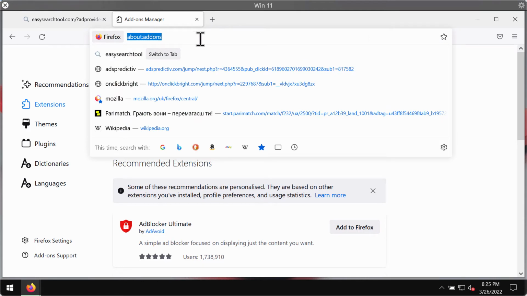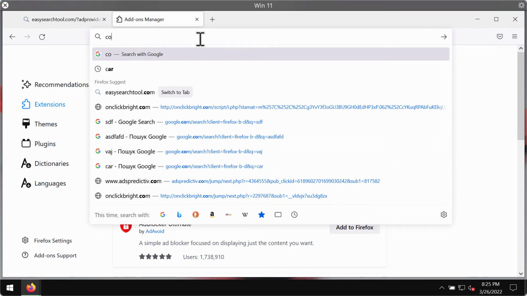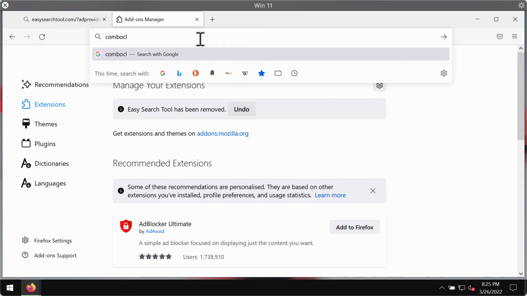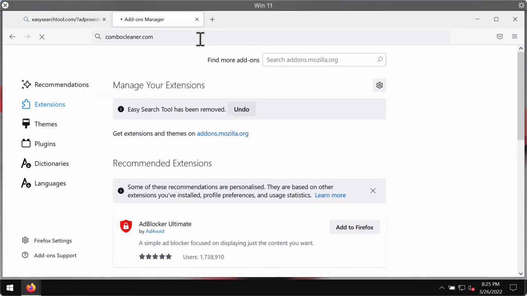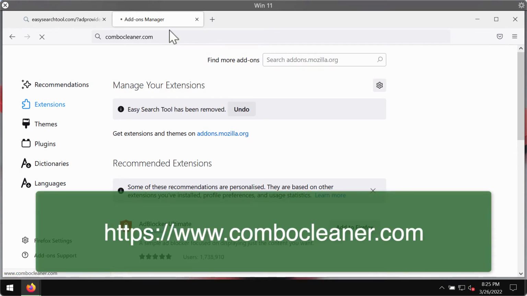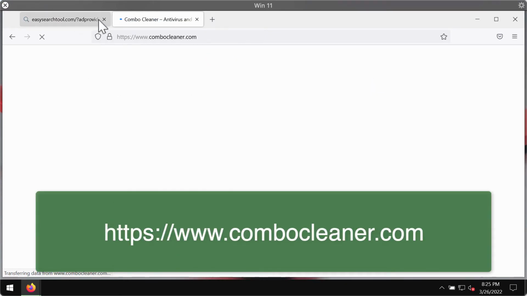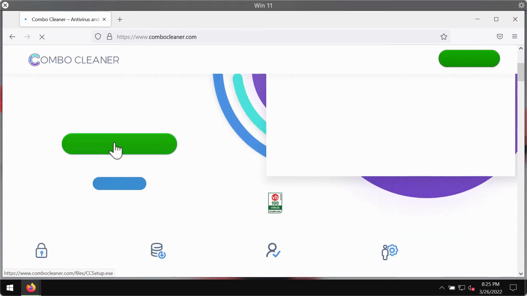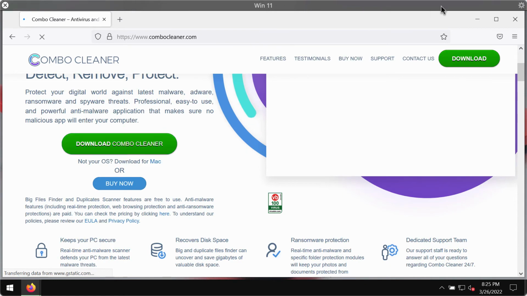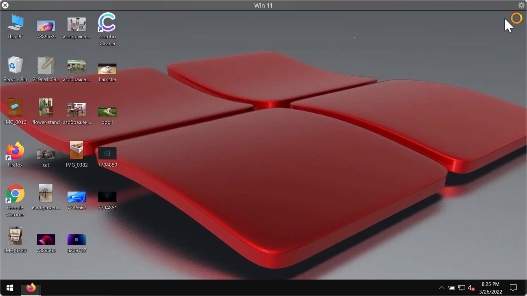After that is successfully accomplished, I also recommend you to scan your system additionally with the help of Combo Cleaner Antivirus. You may get it on the official website combocleaner.com. Use this green download button, install the software, and start carefully scanning your device with its help in order